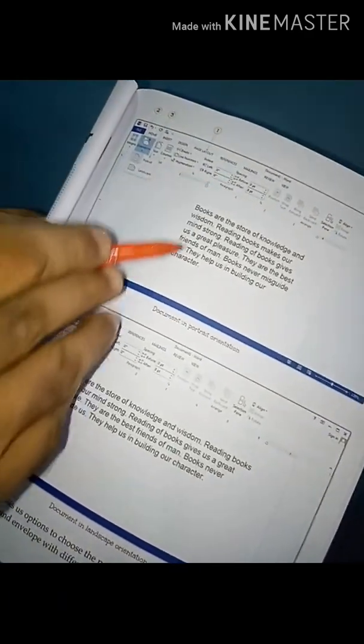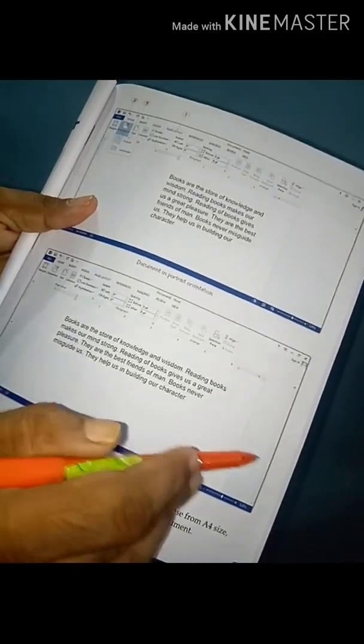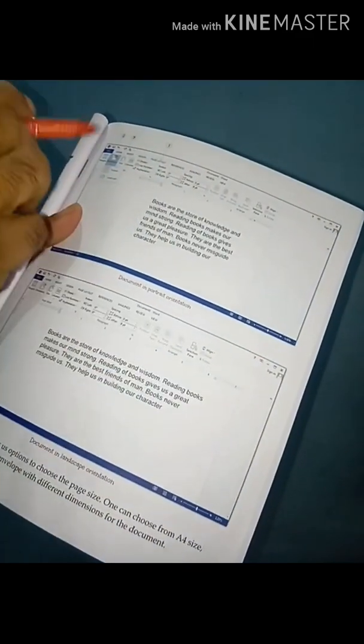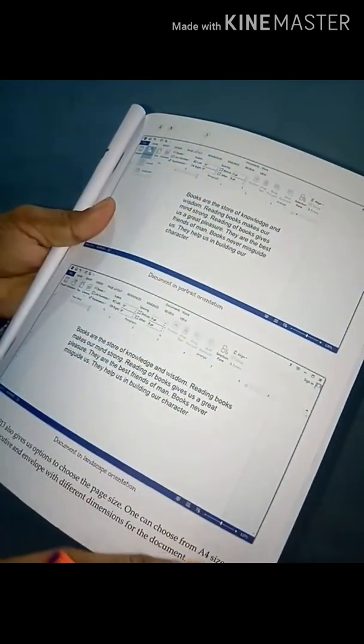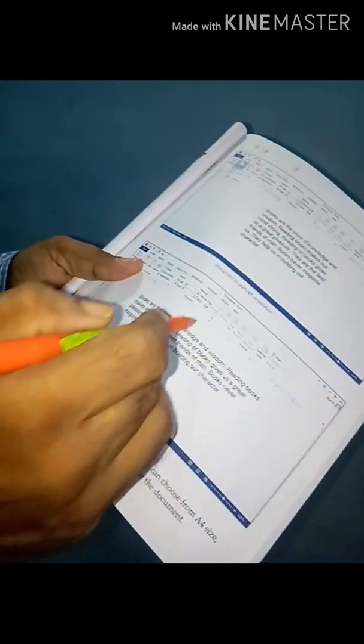If you print width-wise, select landscape; if you print height-wise, use portrait orientation. These are the two types of orientation format.